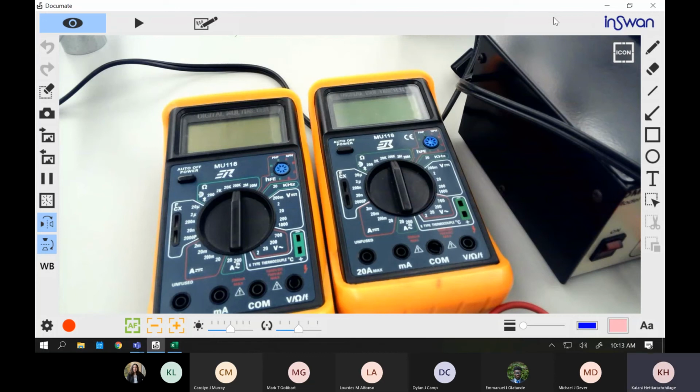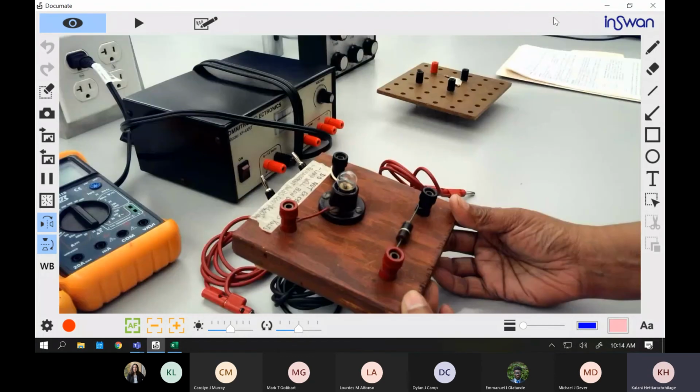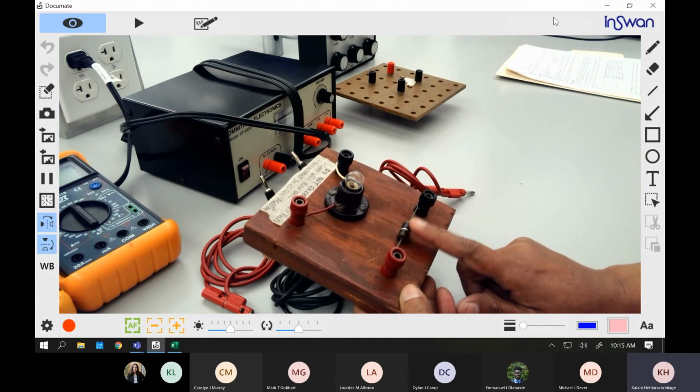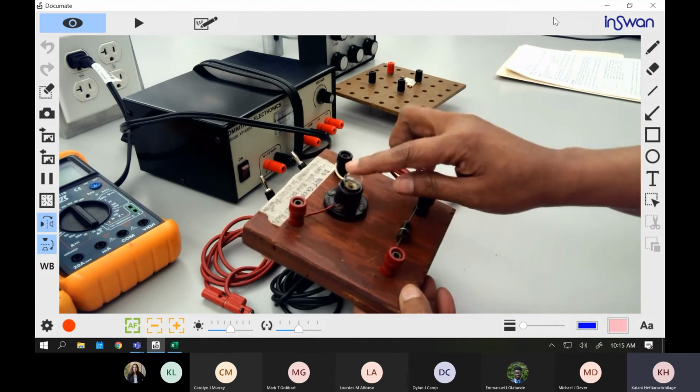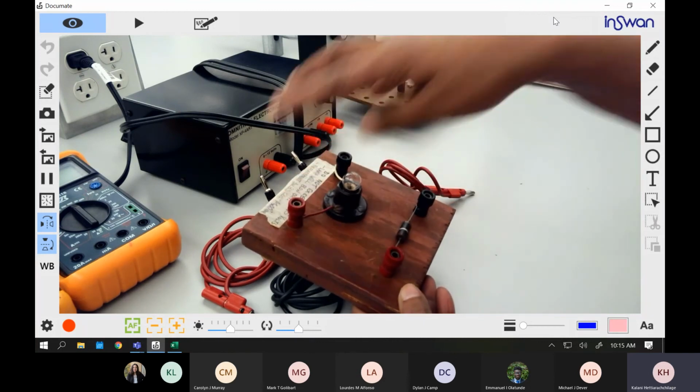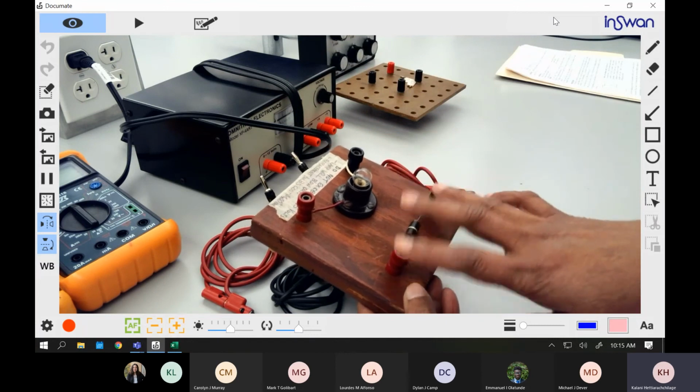So this is your wood piece, right? We need to identify the elements on this wood piece. So basically we have two of them. This has 4 knobs. That is not what I am talking about. I am talking about this one. So you have the resistor on the bottom. In my case, it has lines that you can identify as a resistor. But some of the groups may have a different kind of resistor in there, maybe a rectangular prism kind of thing, but this is the resistor. And on the other side, this is the light bulb. Everybody knows that. This is the light bulb that is connected to these two. And this is the resistor that connects to the bottom two terminals.